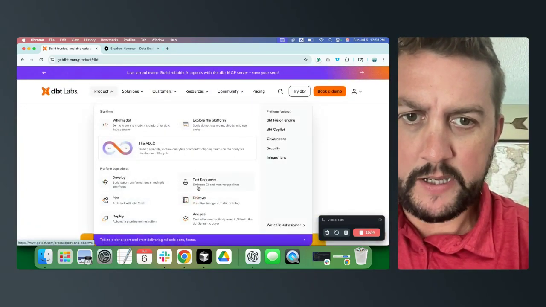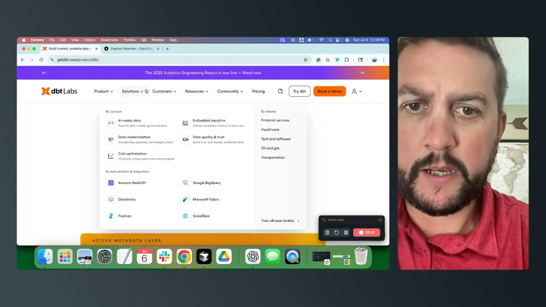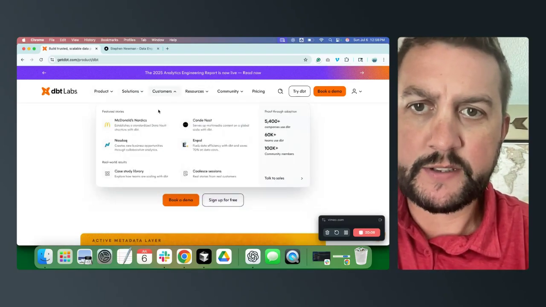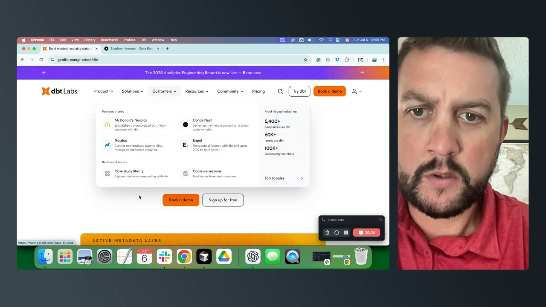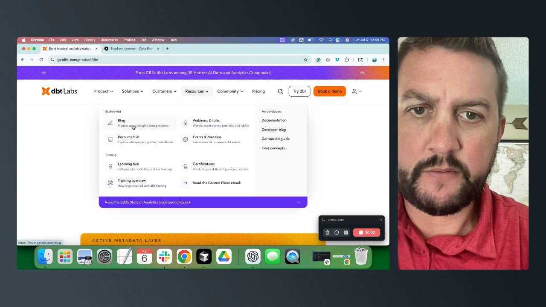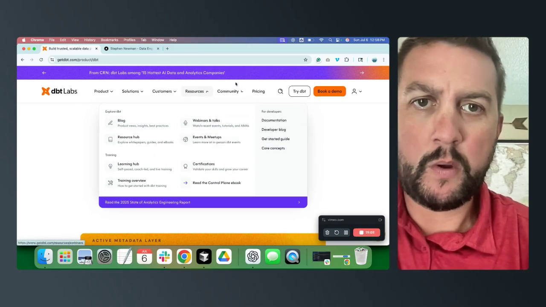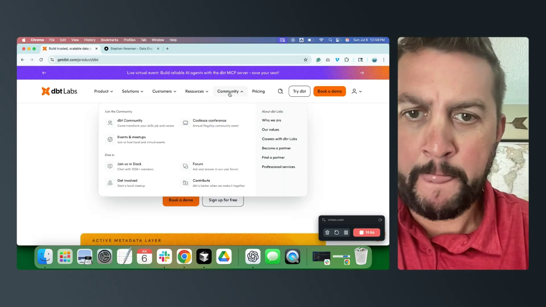Develop, plan, deploy, test, observe, discover. So the sort of one word marketing bucket: industries, customers, resources. All this stuff's good. Be curious to know how it's being used.